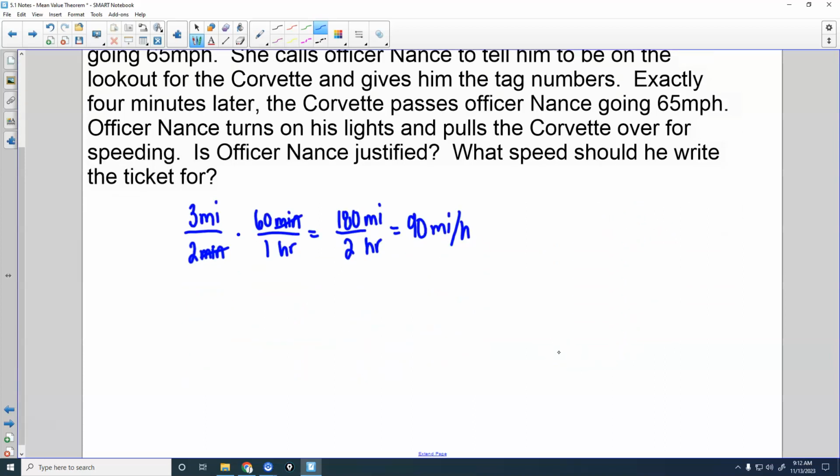You could do that. What did you guys do? We did 6 over 4, and 4 minutes is 1/15 of an hour, so we did 6 over 1/15, and then you're dividing by a fraction, which is easy: 6 times 15 is 90. That works. So you can just change your minutes to hours and then divide. That will work. Anybody do it differently? This is why this usually causes great debate. All right, so if